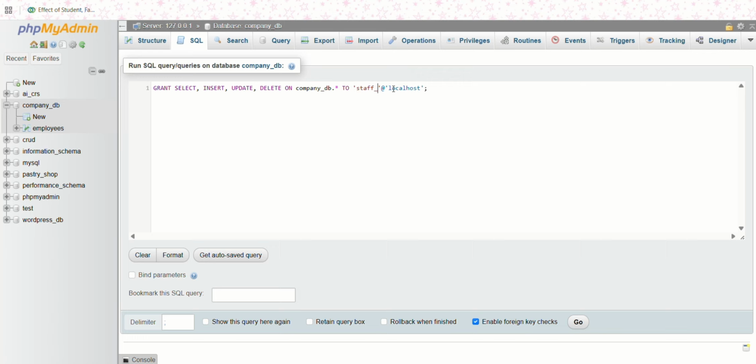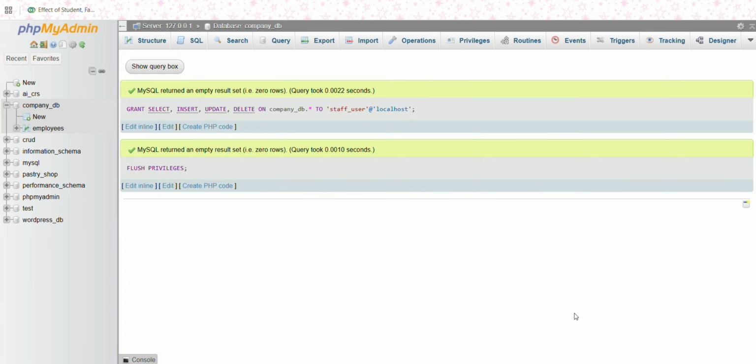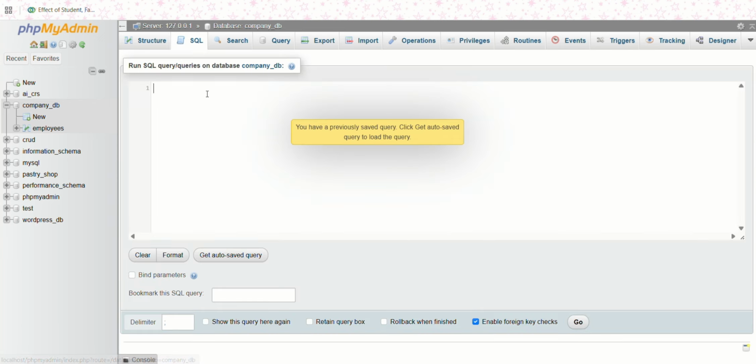For the staff user, I assign limited privileges. The staff user is allowed to select data, insert new records, and update existing records. However, the staff user is not allowed to delete data, which helps prevent accidental or unauthorized data removal.